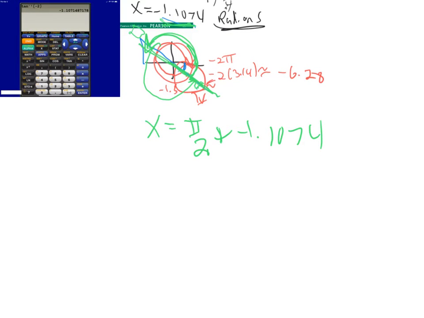Whatever that is. You pick up your calculator. I'm going to estimate it. Pi over 2 is roughly 1.5. And then I'm going to subtract roughly negative 1.11. So my answer is approximately